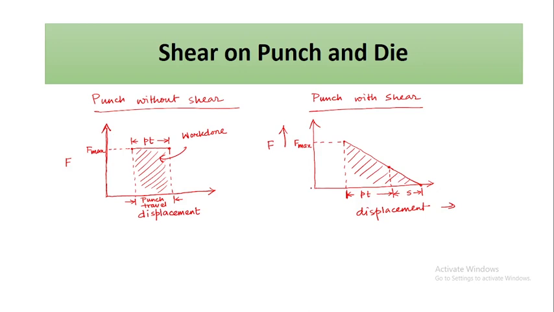This is the work done by the punch. So we can write that if S is very much larger than PT, then PT plus S is equivalent to S, because PT can be neglected. So what are the conclusions we can draw? That if S